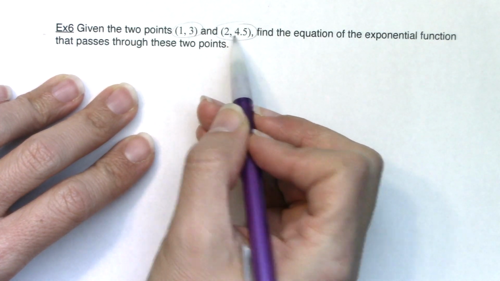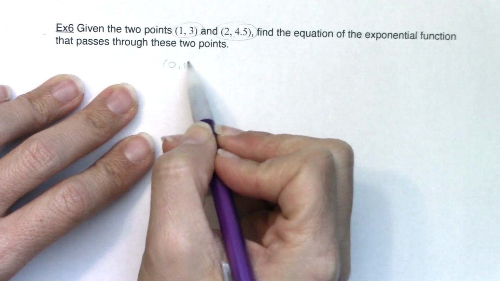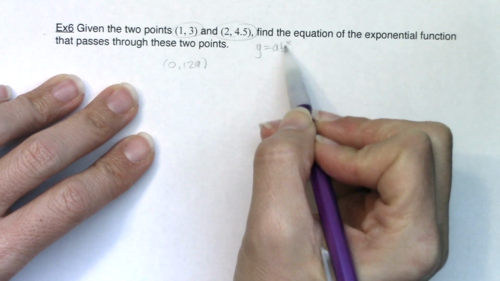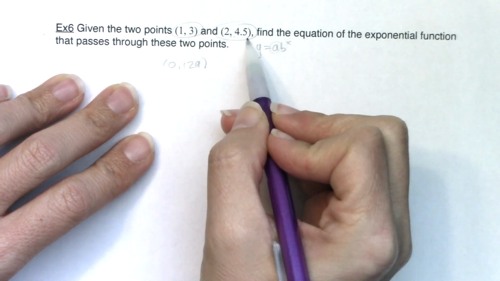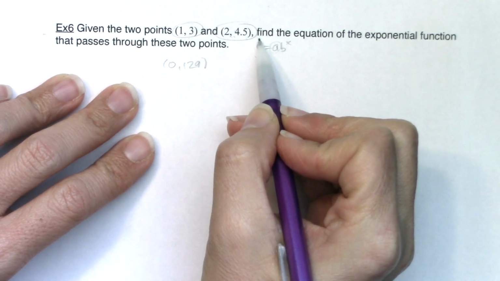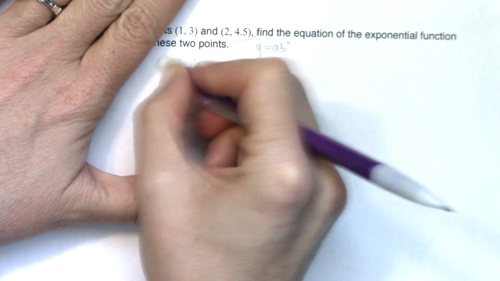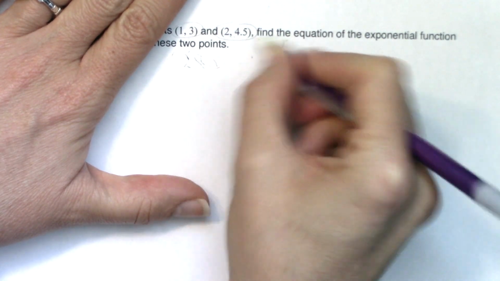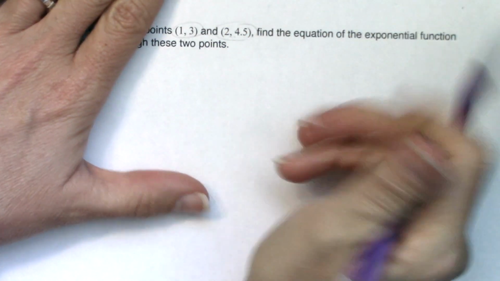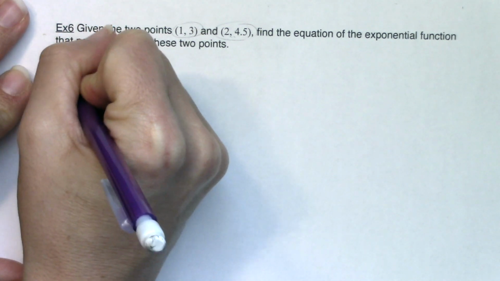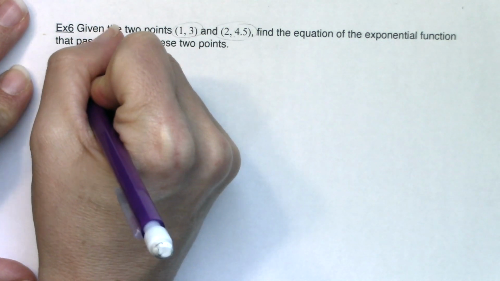So in example 5, we were given an ordered pair like 0, 1.29, and that made it that much faster for us to find the a value. We were not given that here, so it's going to make things a little bit more complicated. So let me take a moment and write that out for us, just so we're seeing it. All right, so we were given these 2 ordered pairs, which is still going to allow us to find a and